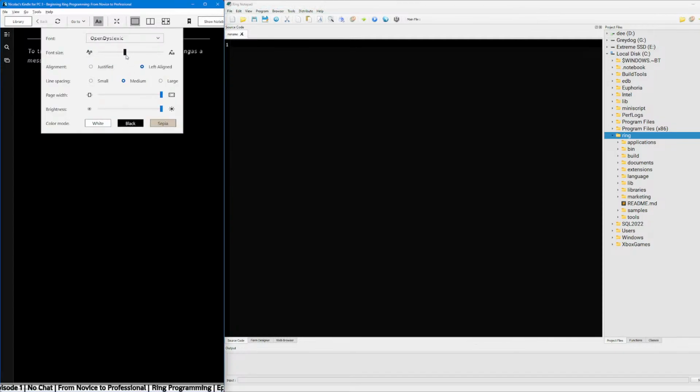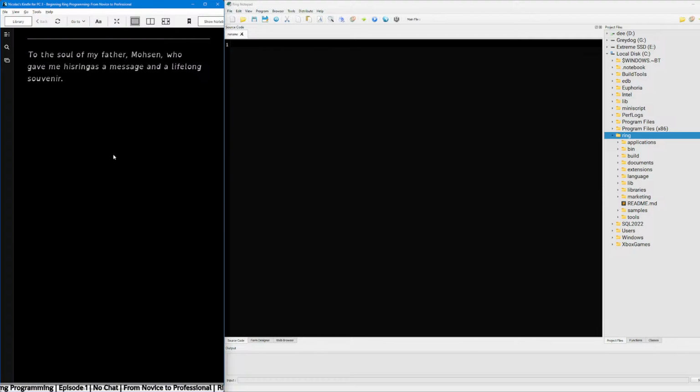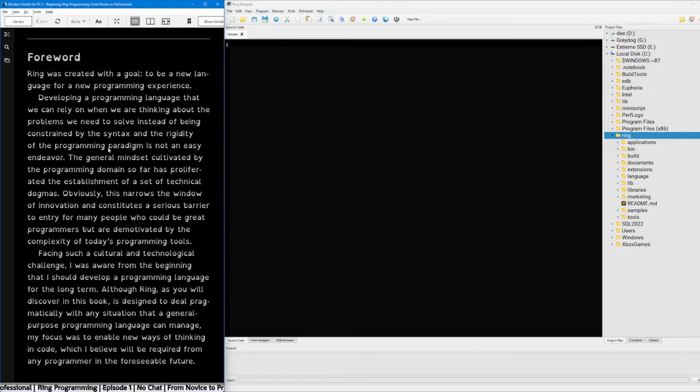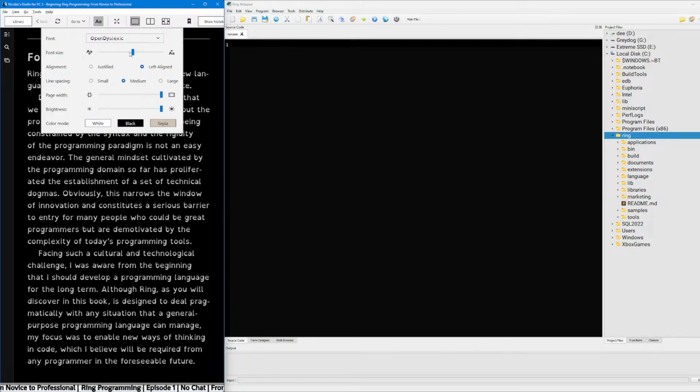All right, anyway. To the soul of my father, Mosen, who gave me his ringas, a message, and a lifelong. I'm not sure what that is. So this language, as far as I can tell, originated in the Middle East somewhere. Hence his ringas or whatever.